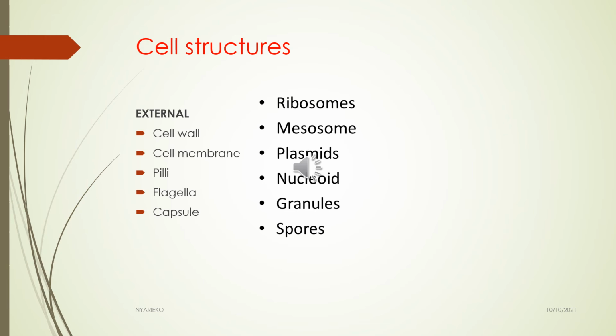The external structure helps in the protection of the cell, bacteria, and then it helps in evading some antimicrobials during treatment. So they are termed as antigenic properties of a bacteria. The internal structures help in the growth of the bacteria and in the reproduction process of a bacteria. So let's move and see the structure in a diagrammatic